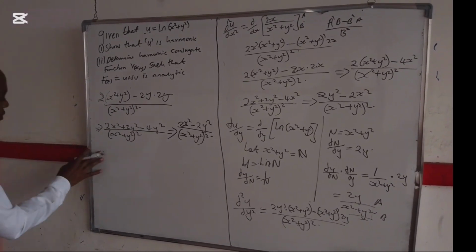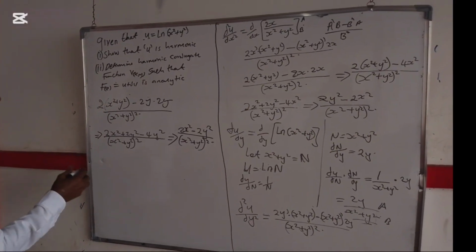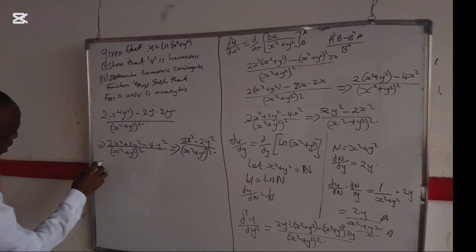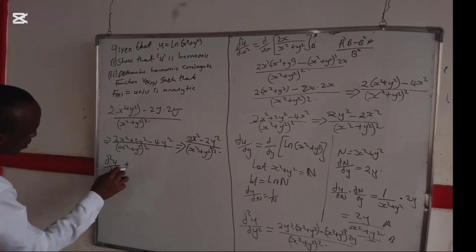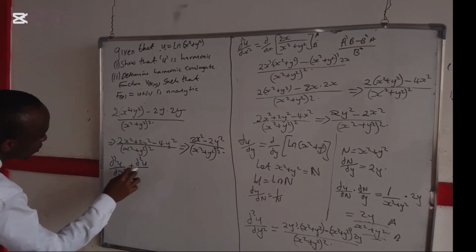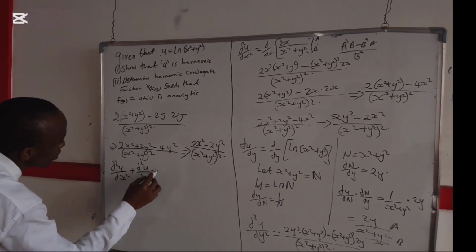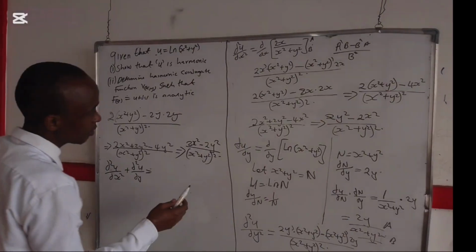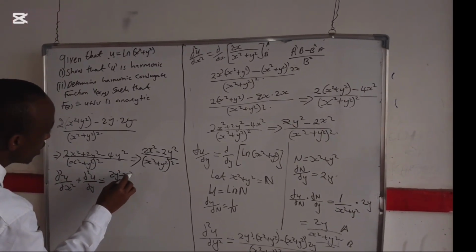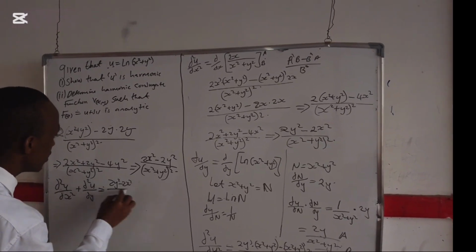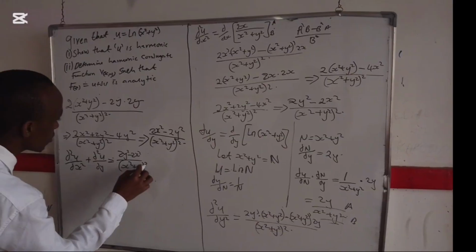Now, to show that u is harmonic, you have to add the second derivative of u with respect to x and the second derivative of u with respect to y. That is equal to the second derivative, minus 2x squared divided by x squared plus y squared, then squared, plus